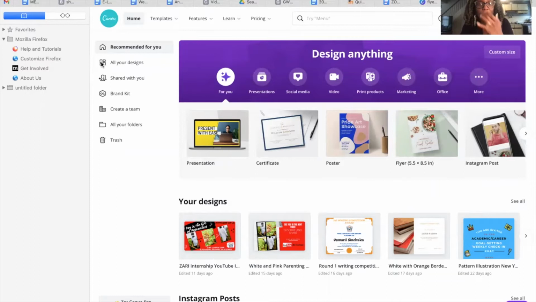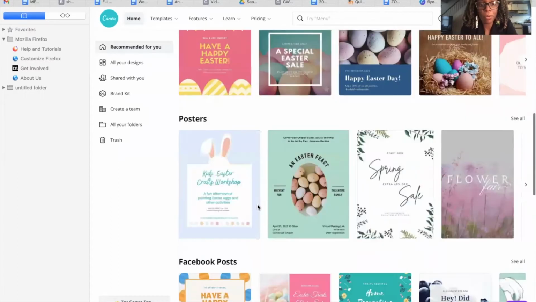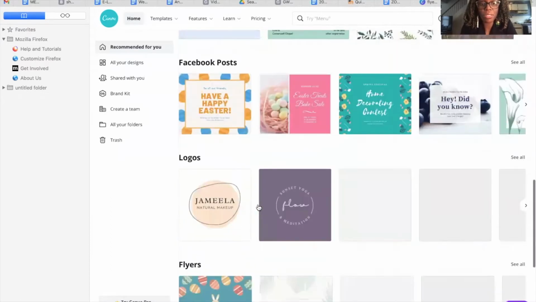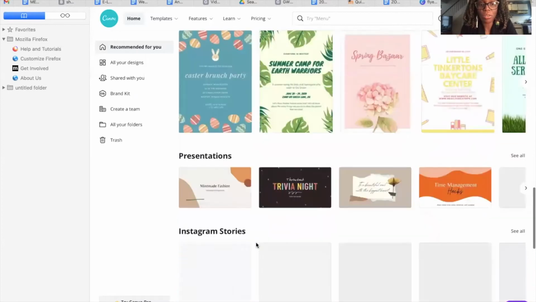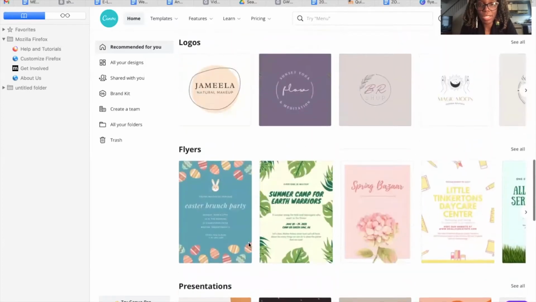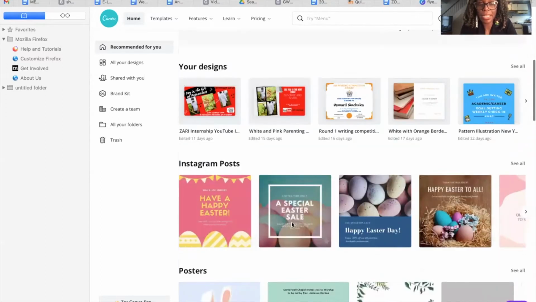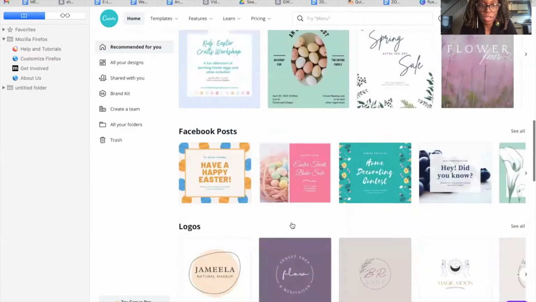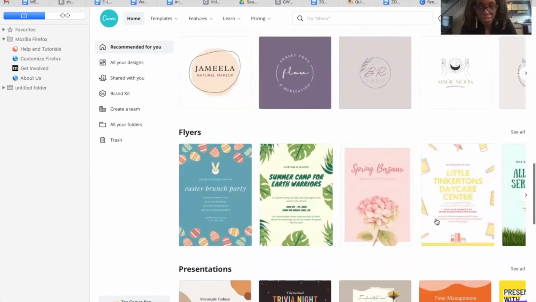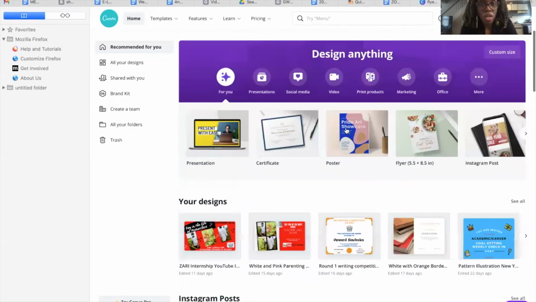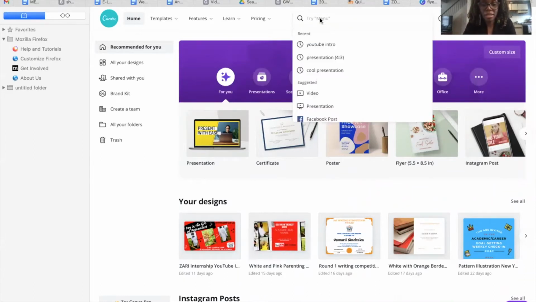Yeah, and then you can definitely design anything: a presentation, something like an Instagram post or a poster or Facebook post, flyers, logos, and so you can go to these. So in our case, let's say for example, we want to design a flyer. You can go here where it says flyers, or you can just come here and say